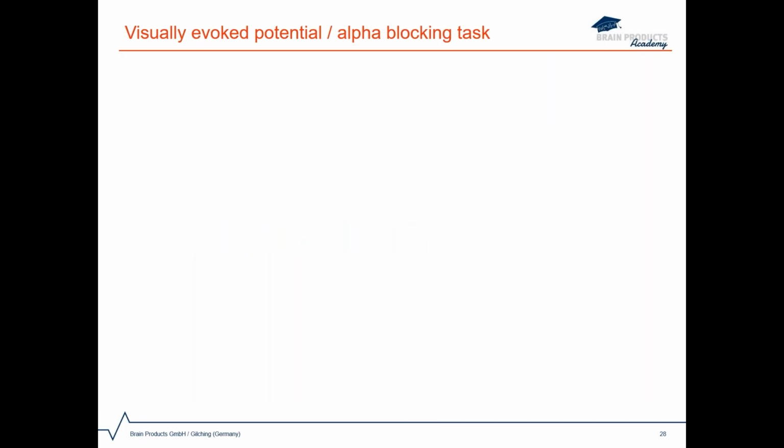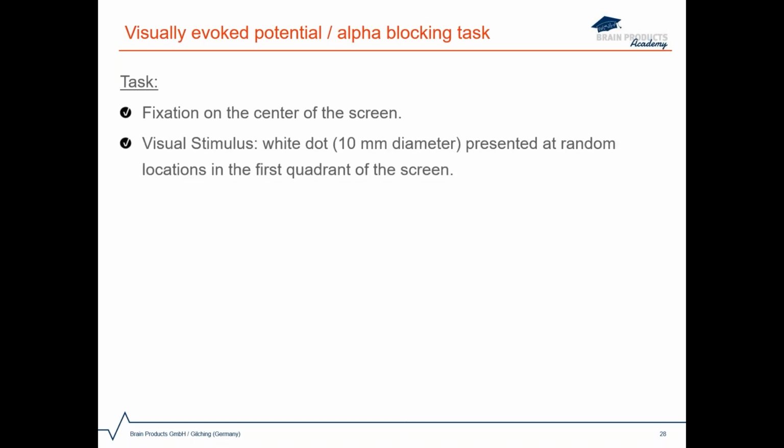For the demonstration, we are going to use data acquired from a visual evoked paradigm. During the task, participants were told to focus on a fixation cross in the center of the screen. Then a white dot of 10 mm diameter was presented at random locations in one quadrant of the screen. This task works as a nice example because it